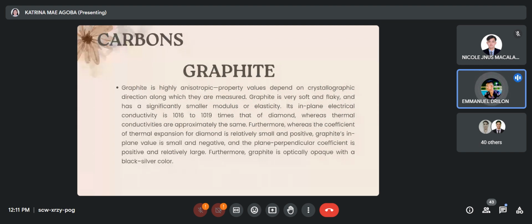So dito naman sa graphite, ang example na maibibigay ko sa inyo is yung lapis. Yung tip ng lapis, yun yung graphite. Tapos, unlike nga sa diamond na strong and durable, dito naman is siya ay very soft and flaky, kaya yung kanyang presyo is hindi siya ganun kataas. Next,